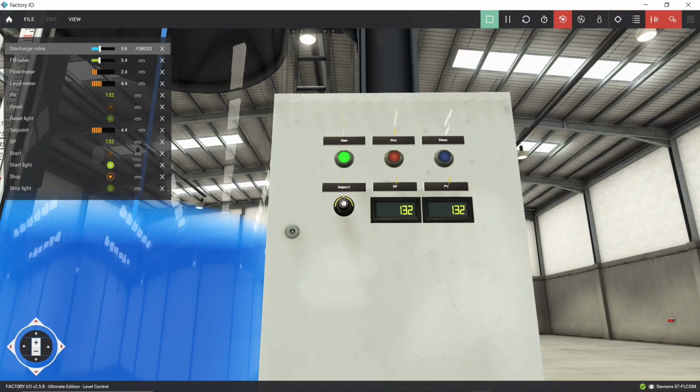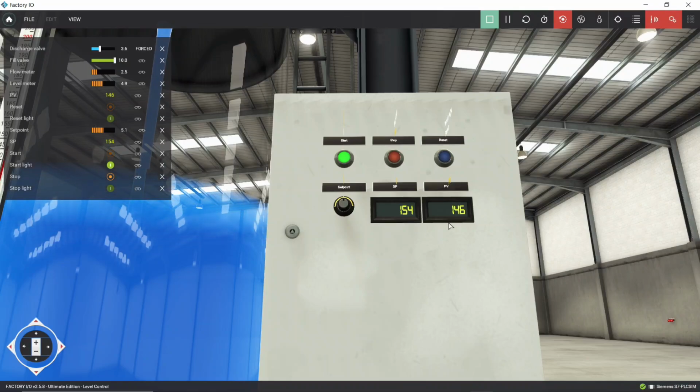And again, if we increase the set point, as you can see, I am increasing the set point to 154, and our water starts to fill again. And you can see that our water level has already crossed the set point, but as our discharge valve is open, it will make it stable again. You can see that our value has become stable again. There we go, you can see that it's 155 and 154. And if I show you our graph,